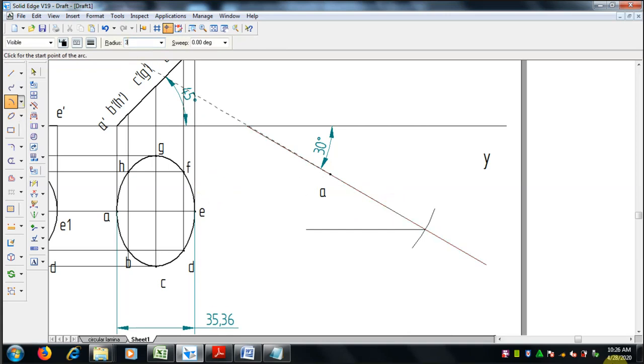Now we have to draw AE, that is the distance after inclination is 35.36. Select the 35.36 arc from the same A, draw in the locus.